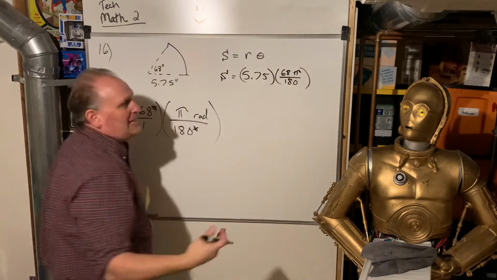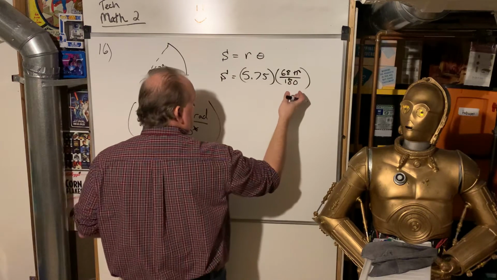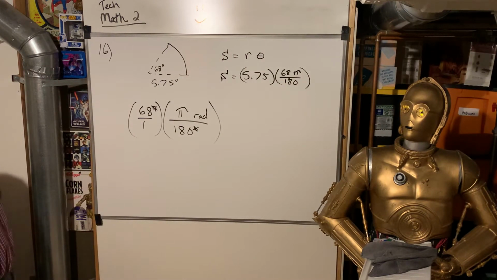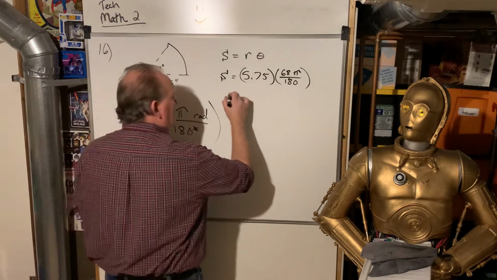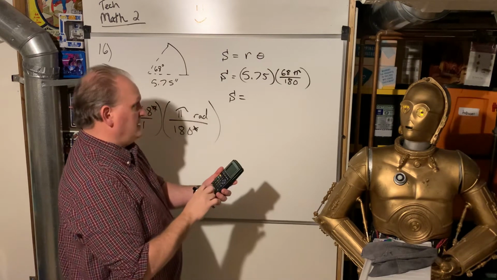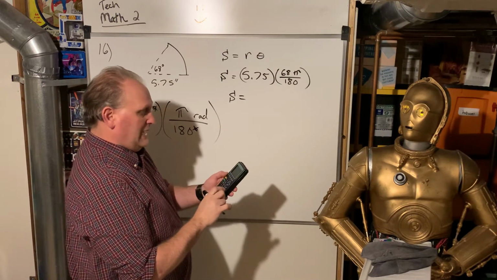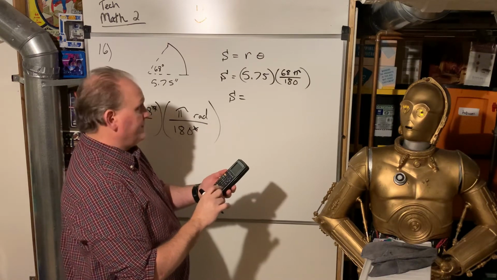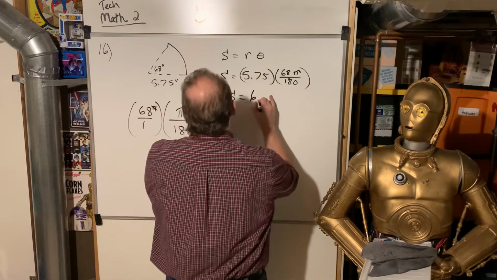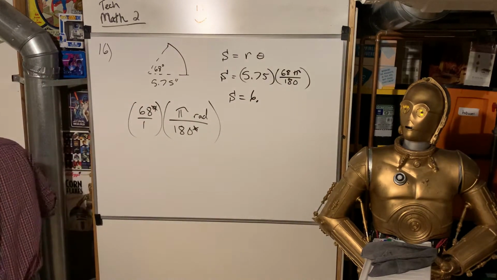I'm not reducing it. I could reduce it to 44 90ths and then to 22 45ths, but I don't want to do that because it's a waste of time. I'm after a decimal answer. So 5.75 times 68 pi divided by 180. And we get 6.8, what do they want, hundredths? 2